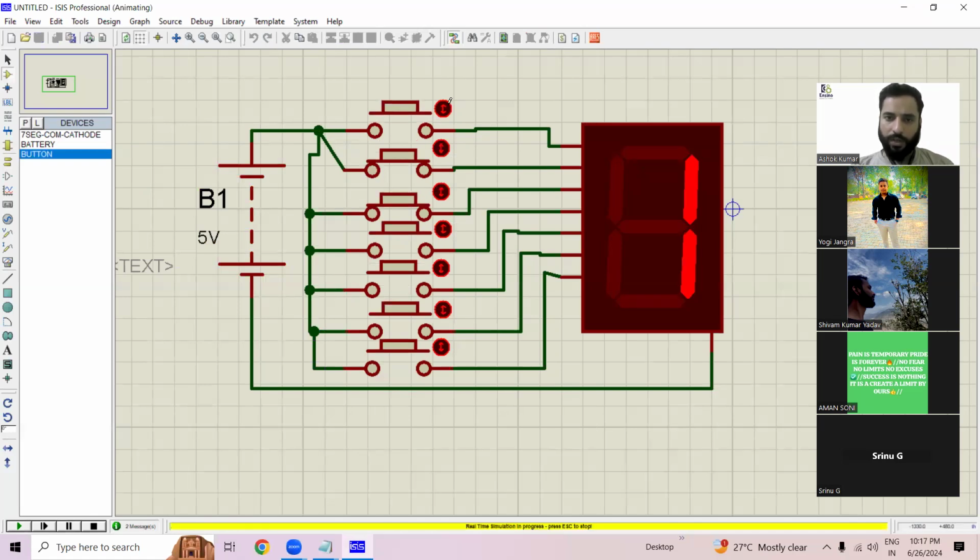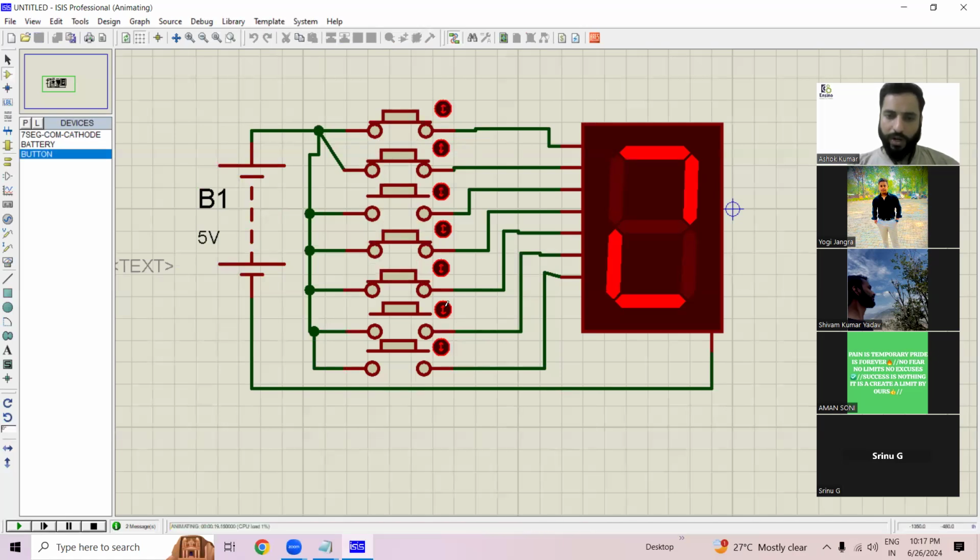Let's print 2, A is required, B is required, but C is not required, D is required, and E is also required, but F is not required, and then finally G is required. So this way, we made the combination 2. In the same way, we can print all other numbers like 0 to 9. Also, we can mention